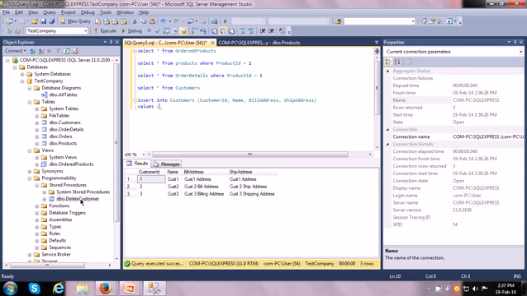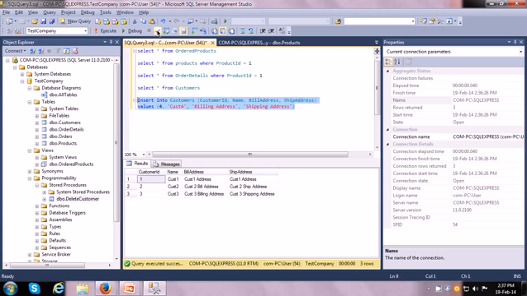I want to insert customer ID 4, the name cust4, billing address as the billing address and shipping address as the ship address.